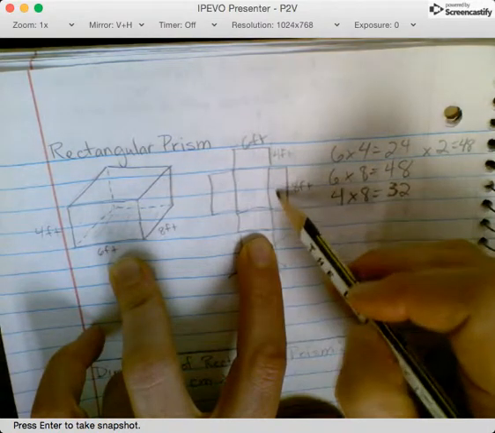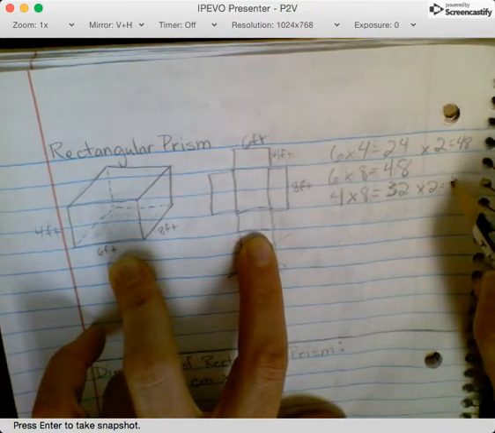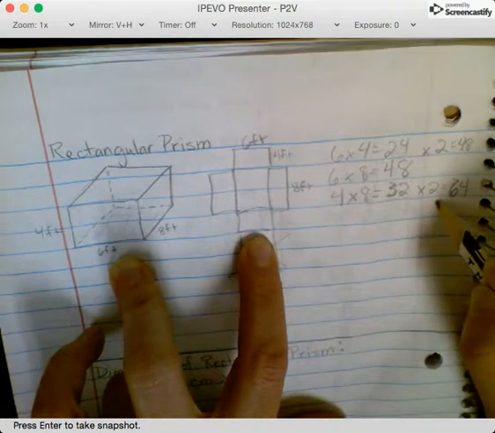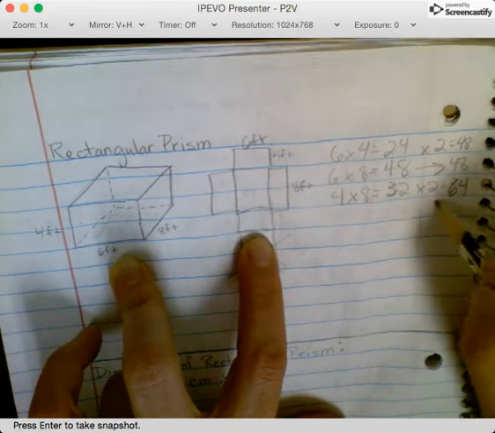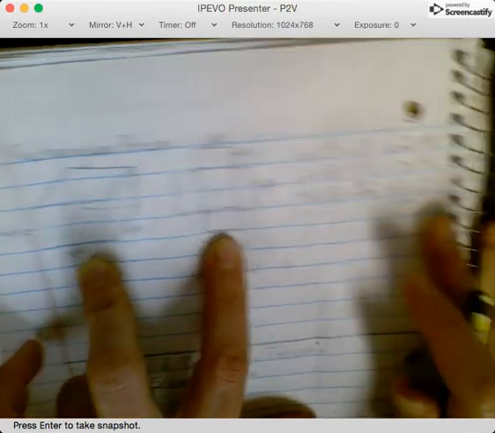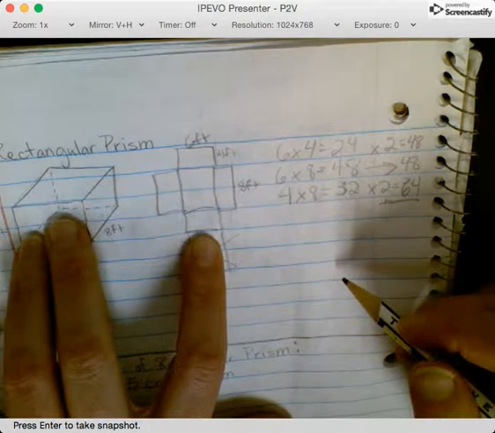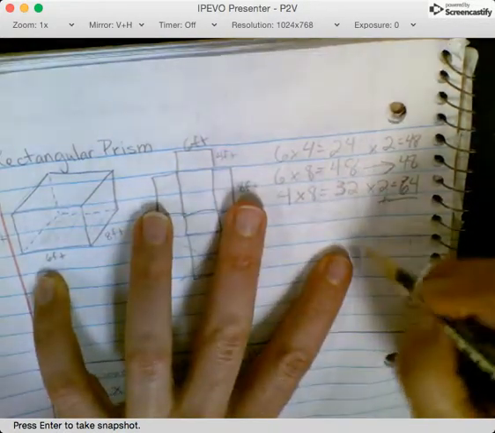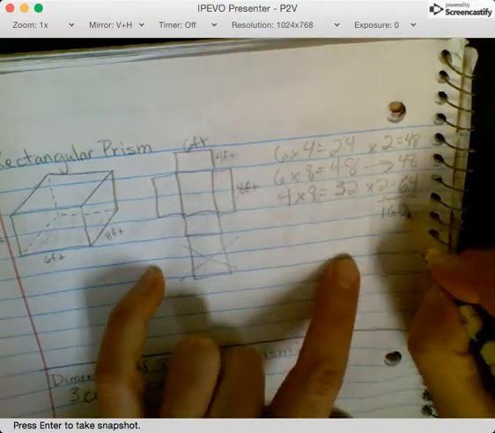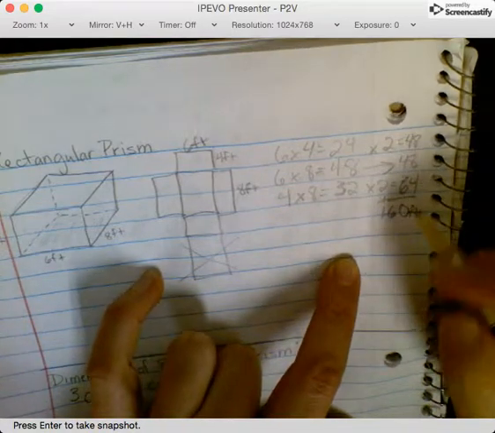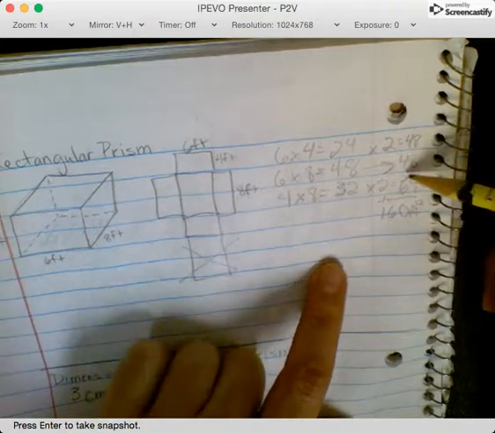Then I have the 4 by 8, this here and here. So I can multiply that one by 2, and I get 64. So I add 48 plus 48 plus 64. And I should get, let's see, 160. And that would be labeled in feet squared. Okay. Now if I had the